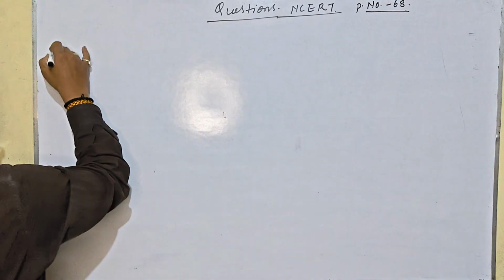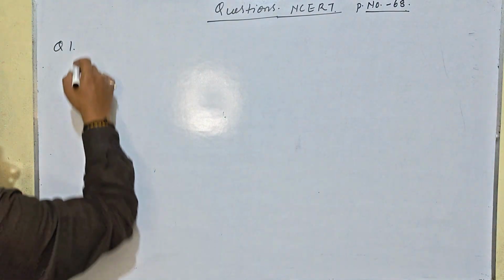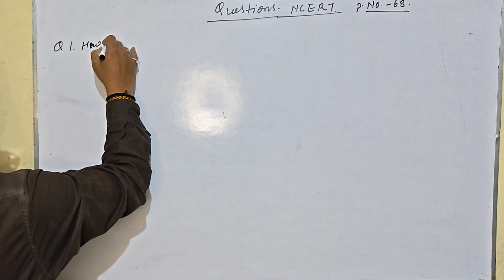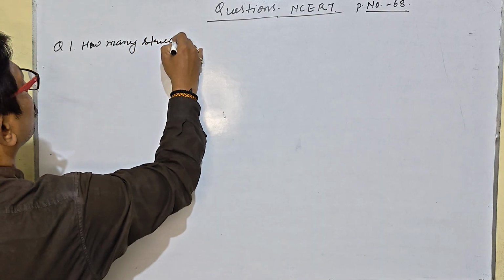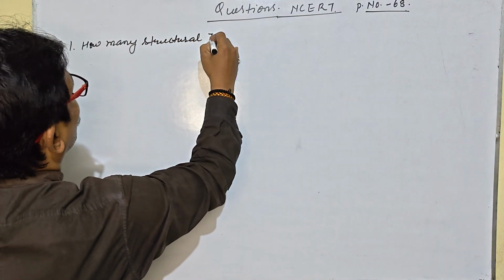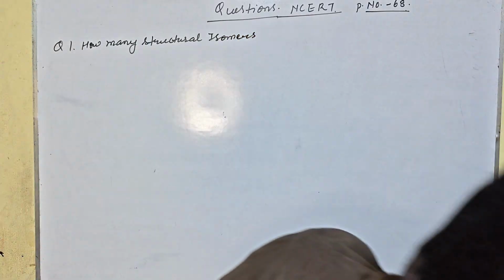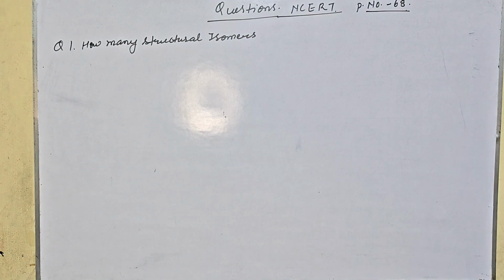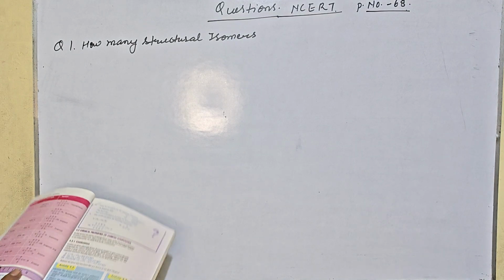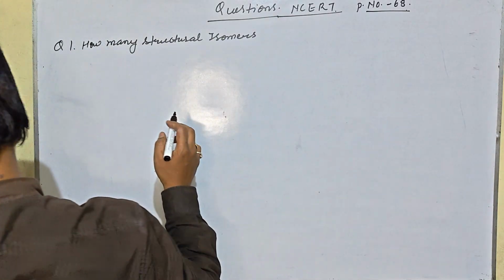The first question is, draw the structure of pentane. Sorry, how many structural isomers? This is the NCERT book, and I am giving you the question. How many structural isomers